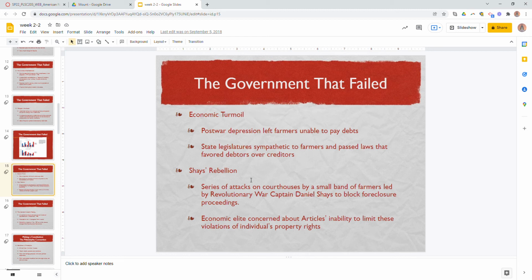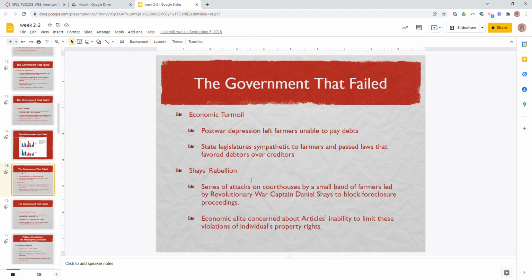So Shays' Rebellion was kind of the straw that broke the camel's back with the Articles of Confederation. It showed just how weak it was and how unable the 13 states were to govern themselves in such close proximity to other countries. So Shays' Rebellion was really a silly little blip of history here. But what it demonstrated was that a small group of people could disrupt an entire economy